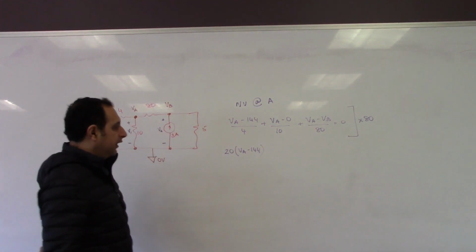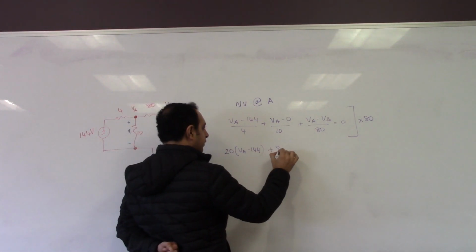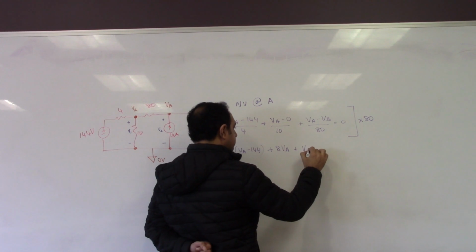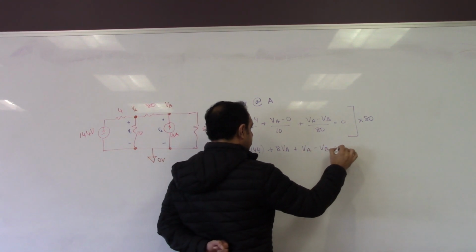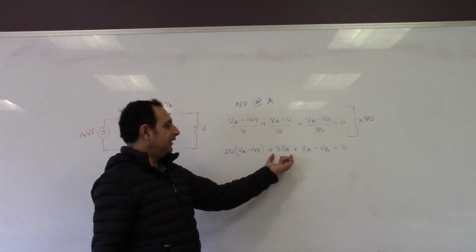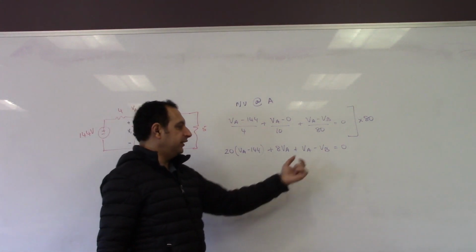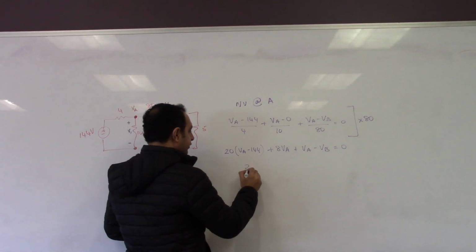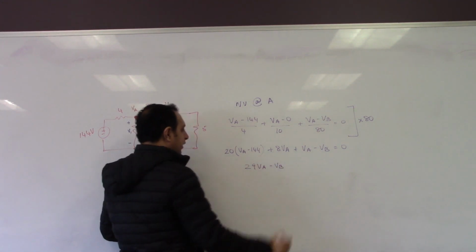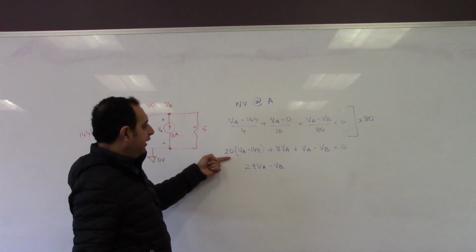Plus 8 times VA, plus, all right, so 20 plus 8 is 28, and 1 more makes 29. So you have 29 VA minus VB, and that'll be equal to